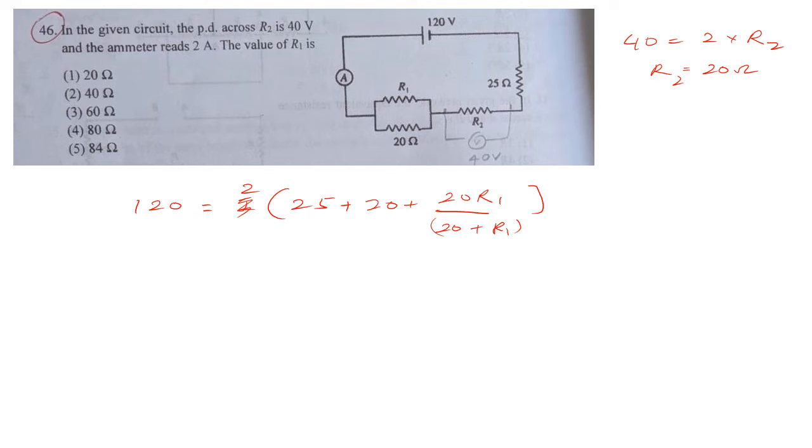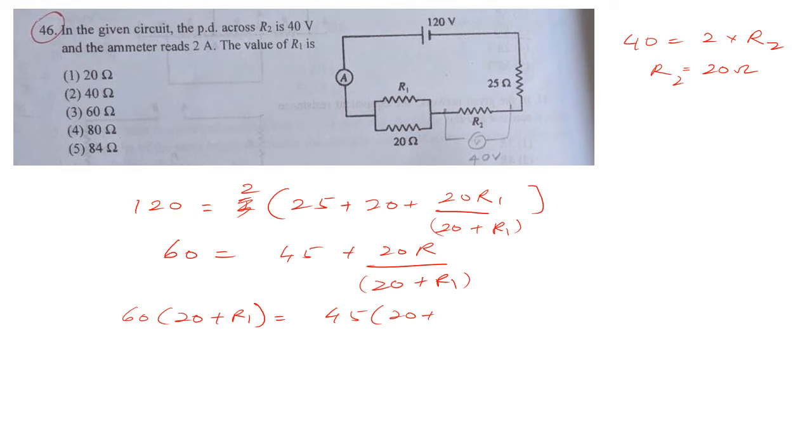So we get here 2 and 120, okay, 60 equals 25 plus 20, that is 45, plus 20R1 over 20 plus R1, and then we can multiply both sides by 20 plus R1, so we get 60 into 20 plus R1 equals 45 into 20 plus R1